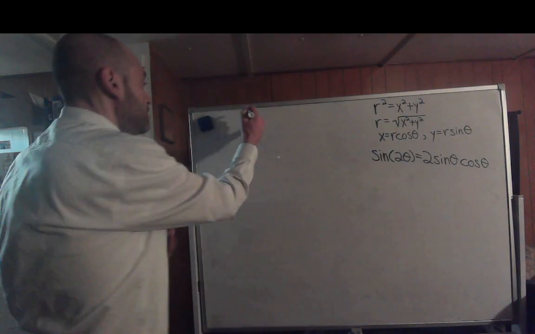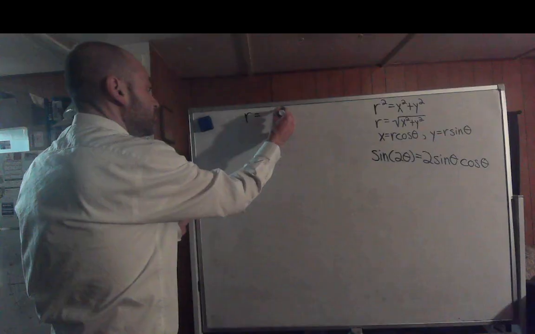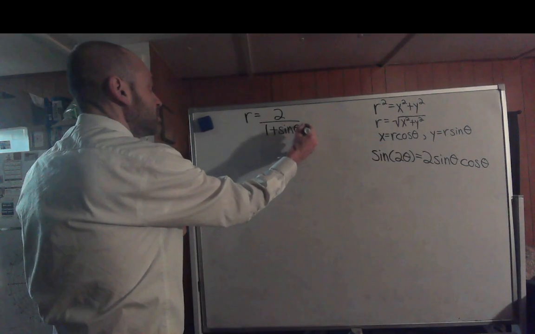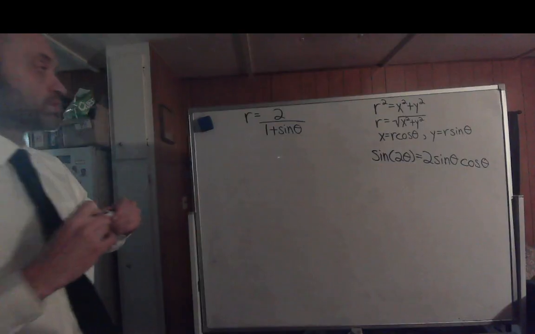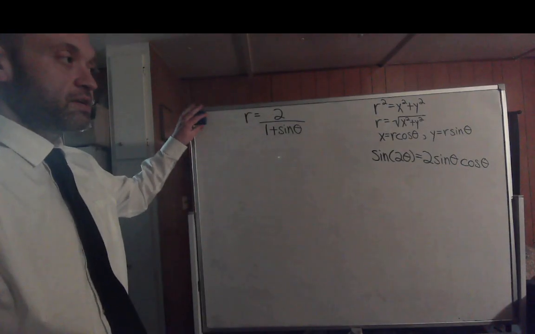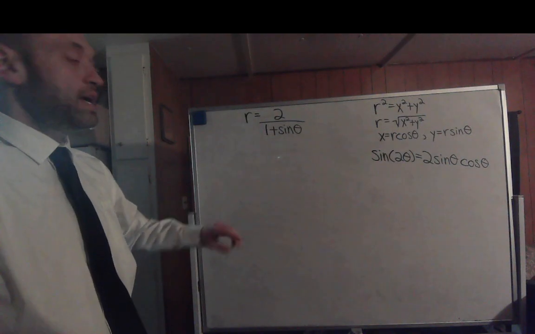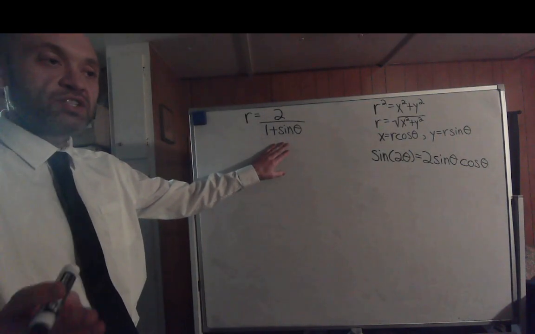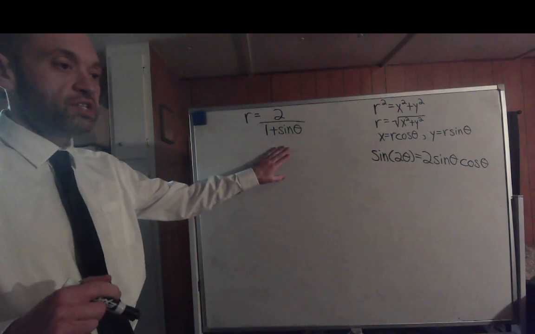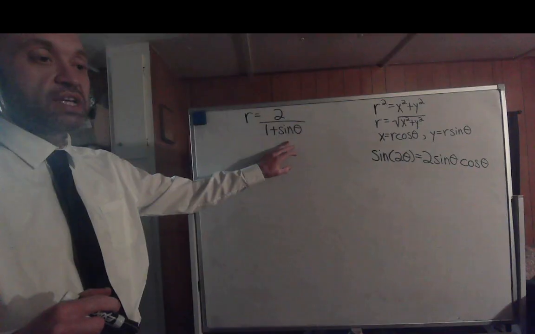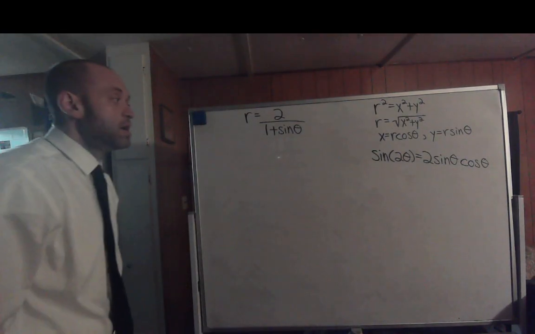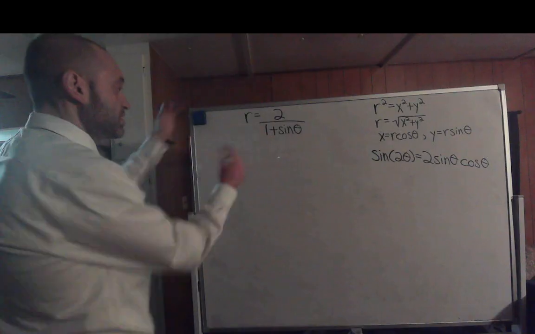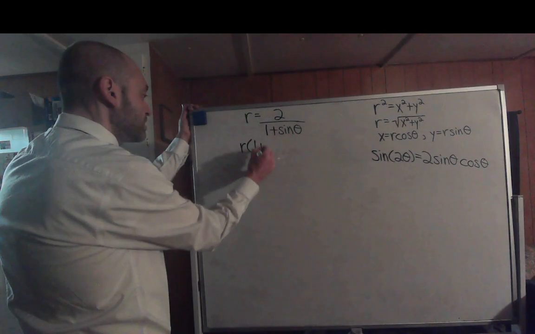All right, so we have r equals 2 over 1 plus the sine of theta. Notice with the last one we did, and you'll notice the same pattern in the next one, what you're going to want to do if you just have one trig function in the denominator is multiply both sides by what's in the denominator to get rid of your denominator. So this would turn into r times 1 plus sine of theta